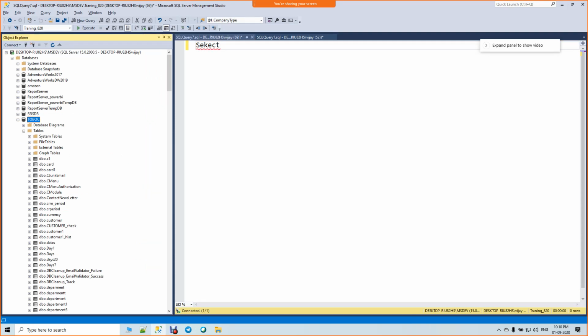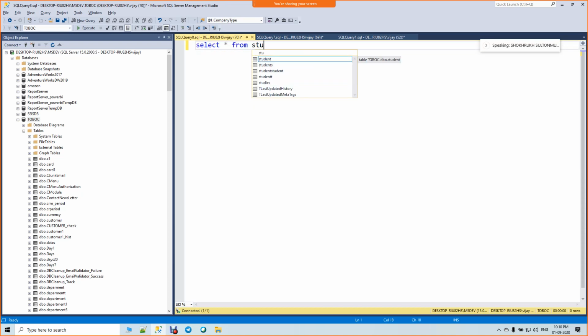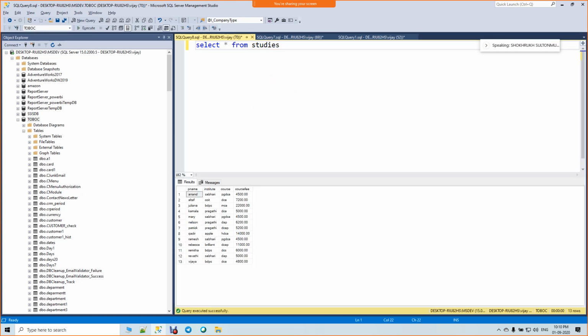In the studies table, you have PGDC, right? It's a course name, Post graduation diploma computer.